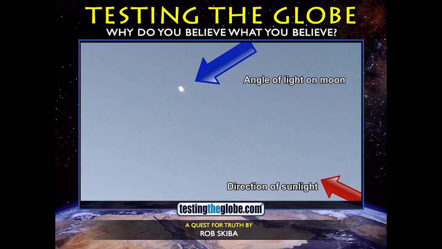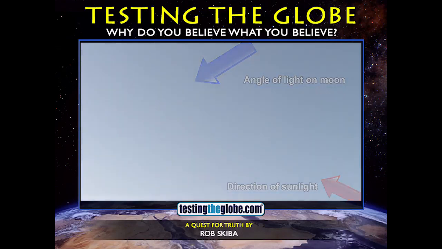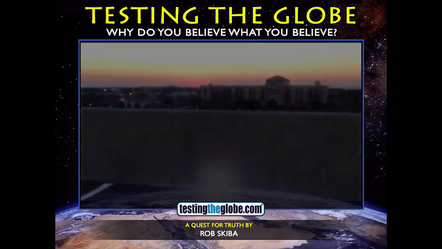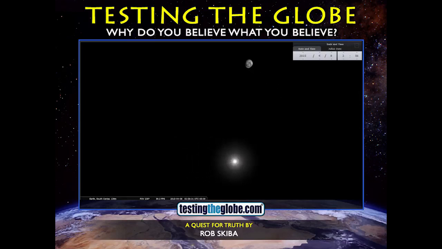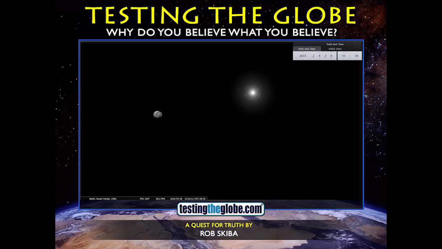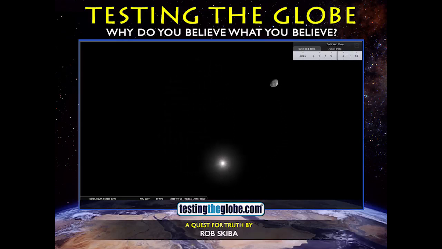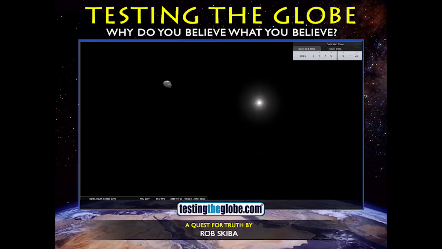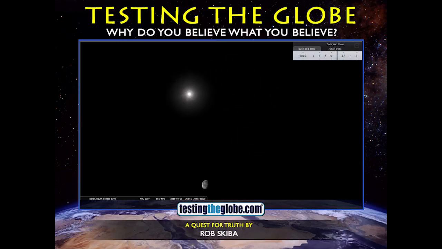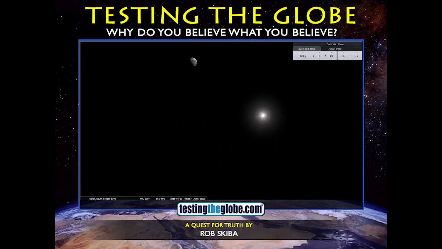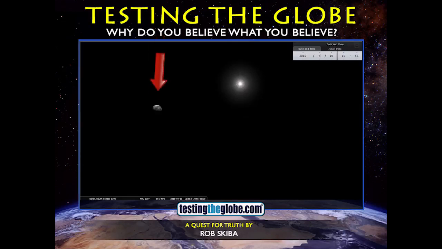When I looked at that, it didn't make any sense to me that the light is coming from totally different directions, that the terminator line is not where it should be if the sun is the source of the light. And interestingly enough, even Stellarium showed the same thing. If you remember the video that I showed concerning time zones and how I was using Stellarium to try to figure out how time zones work, and how the 24-hour sun and 4 seasons and all that. Well, just looking at this right here, even Stellarium showed the terminator line of the moon at the wrong angle for the light source.